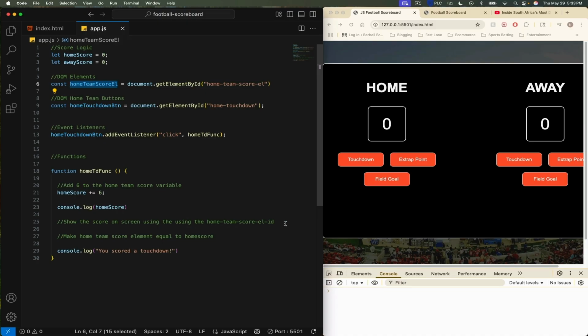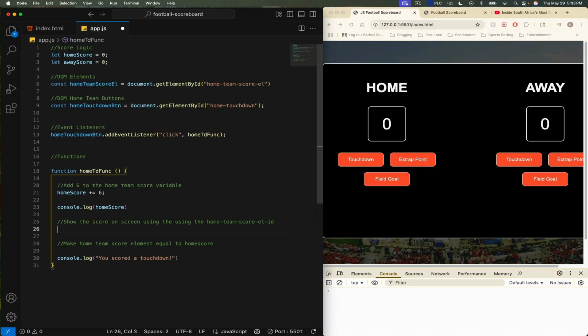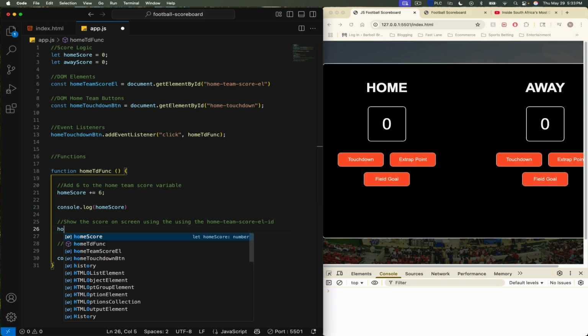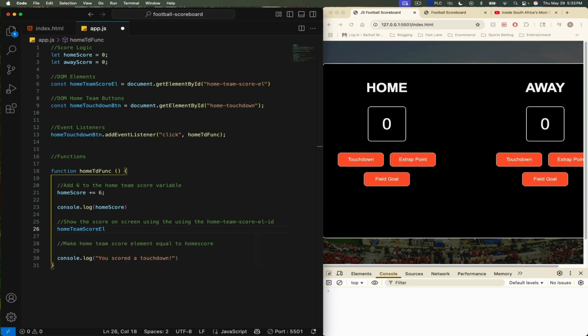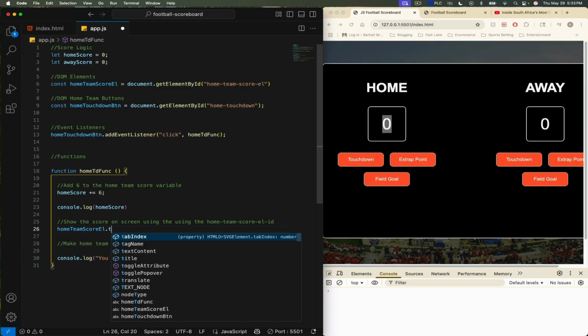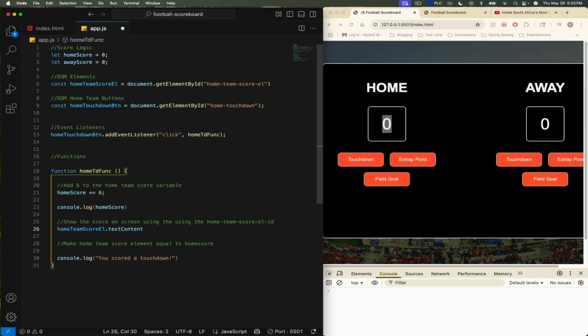And now what we'll do down here is we'll say home score L, which is this 0 right here, and then we want to change it to reflect what's actually being done here by adding 6. We don't just want it in the console, so we'll say home score L, and then remember how we can add content or change the text of an element is with text content. So we can say home score L dot text content equals,